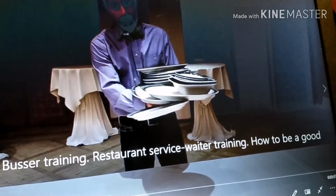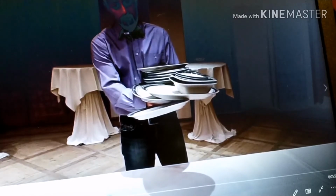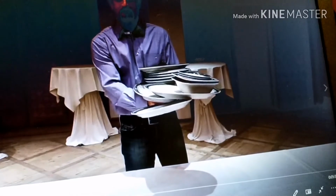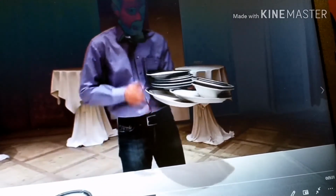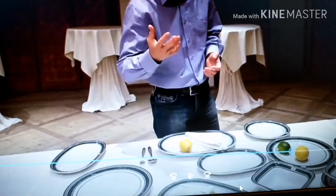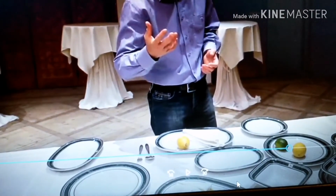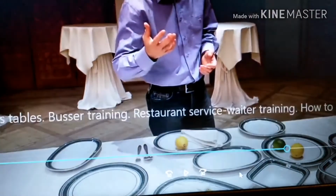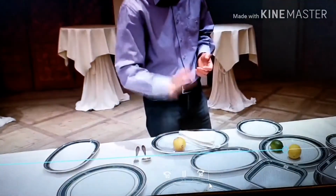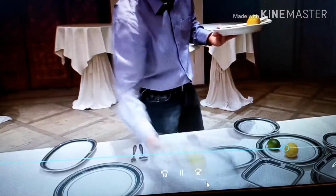ใบที่ 2 ใบสุดท้าย เอามาลองมือได้ตามรูปครับ But that's how you bus the table. Now, there's some rules that I will explain to you later, and they're very important. ทีนี้มาดูการเก็บจานที่เต็มไปด้วยอาหาร ลองดูนะครับ The plates that still have food on it, first,